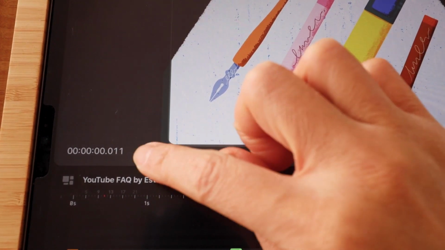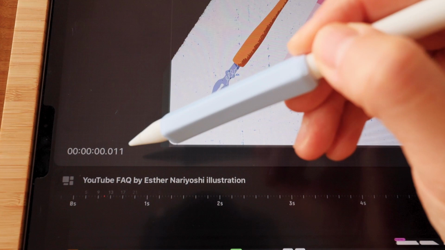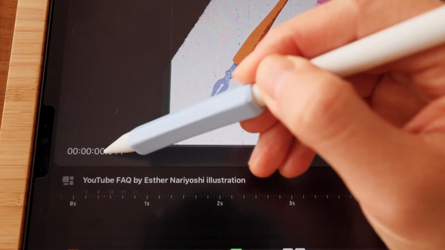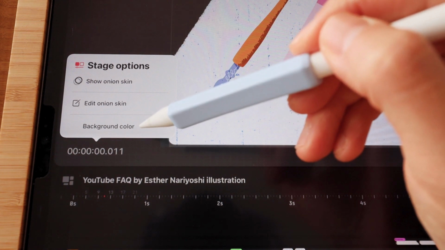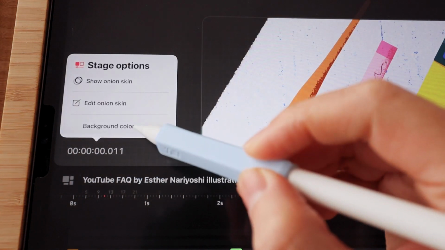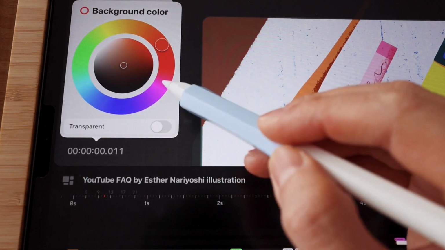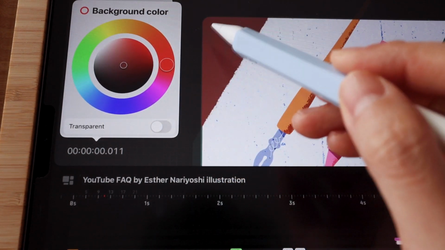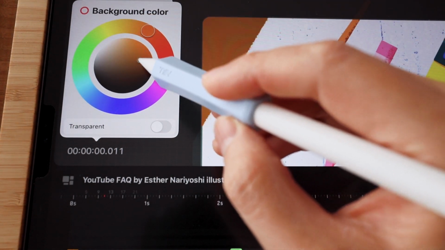You want to tap on the timecode, which is the string of numbers next to your stage. Just tap on it. And the third option lets you choose the background color. You will be able to view it in real time. So over here, you can see the sliver of triangle is my background, and I can change it to different